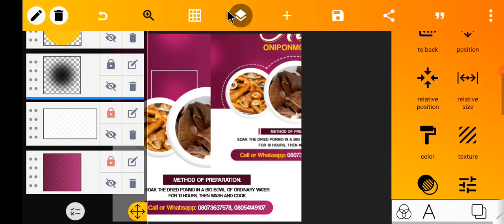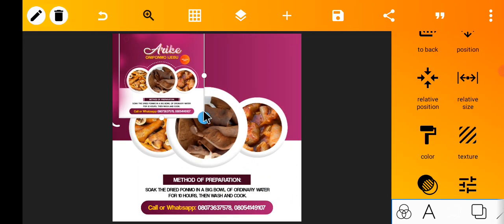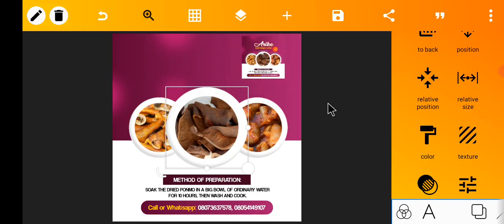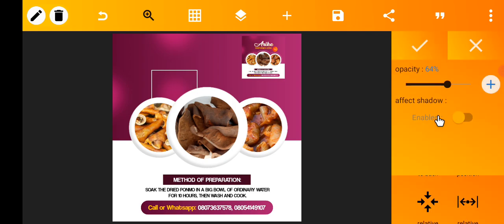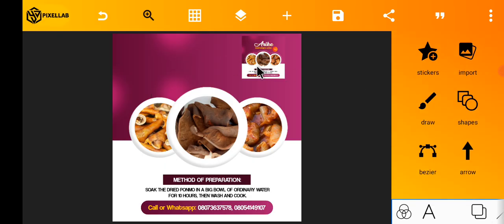I'll give it an opacity of 64. Yeah, that's it. Let me increase the opacity again. Yeah, I'm cool with an opacity of 80. So after